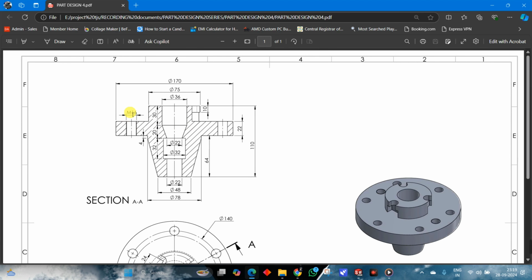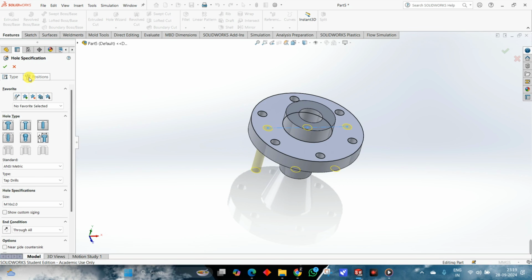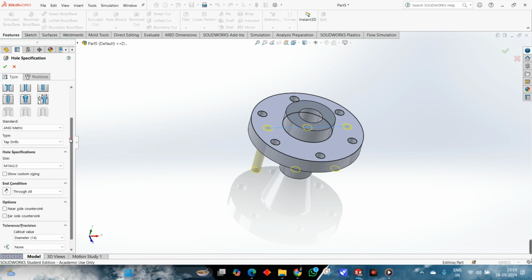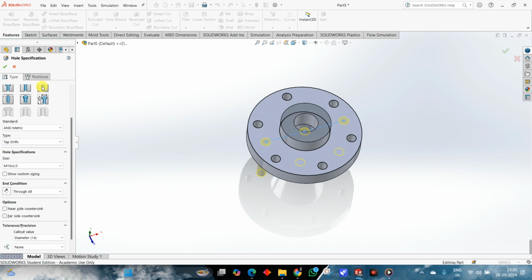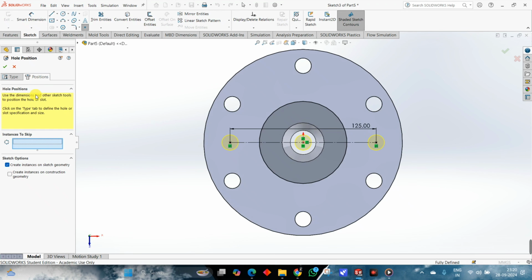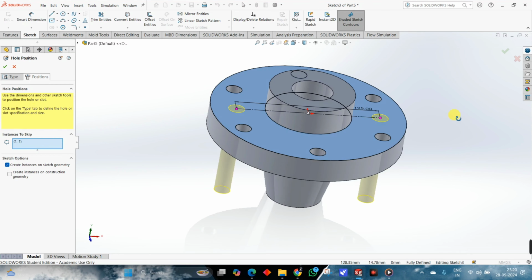We need a metric thread of M16. So from here we can select the hole type, this third one, hole, and we can keep the standard for ANSI metric and type for drill. Okay, then you can select the required size. For us it's M16. Okay, and I'm changing the end condition to through all. See, it's taking, but it's taking at the center also. We don't want that. So what we can do, we can go for positions, and here instances to skip, just select this one like that